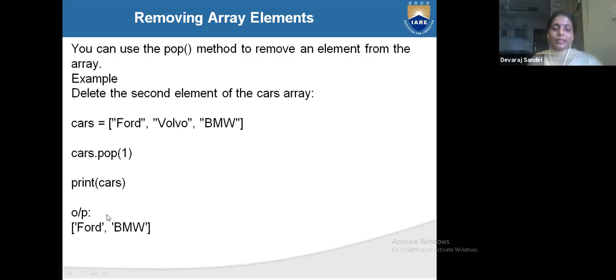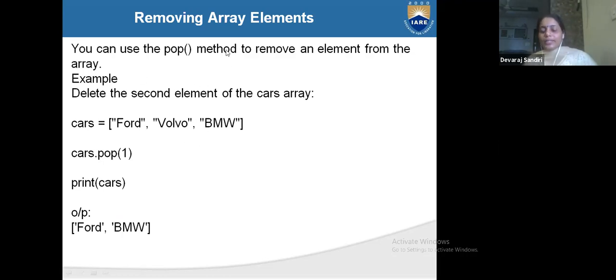So print cars. What is the output? Ford and BMW, because the middle item, the second item, was removed.